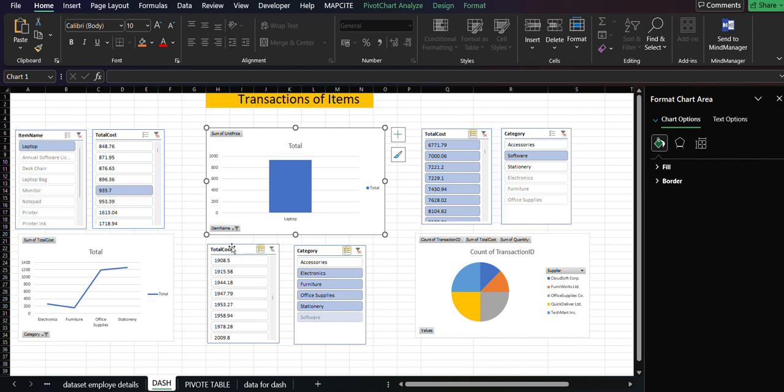Some slicers are above the graph and some slicers are below the graphs, in which first we will see graph 1, in which there are two slicers. One is for the item name and another one is the total cost. The total cost of that specific item is mentioned on another slicer. So the item names included in the graph are laptop, annual software, desk chair, laptop bag, monitor, etc. and its prices are